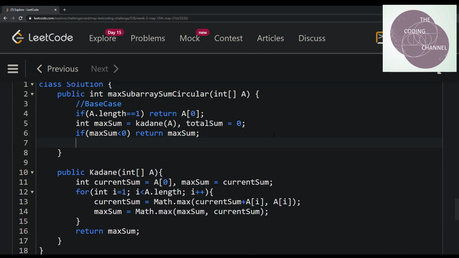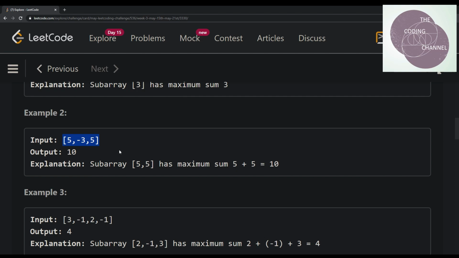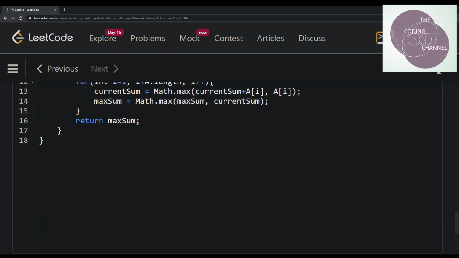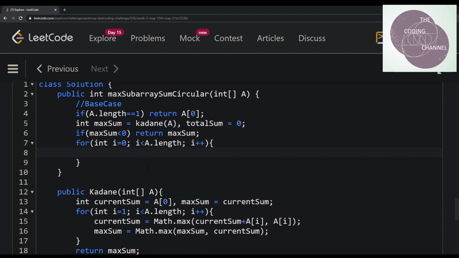Now the next case is going to be this: 5, -3, 5. One thing that we needed to do is calculate the total sum, for which a simple for loop would suffice, with i less than a.length, i plus plus. Simply, total sum would be plus A[i].